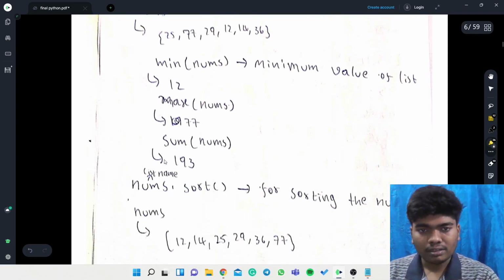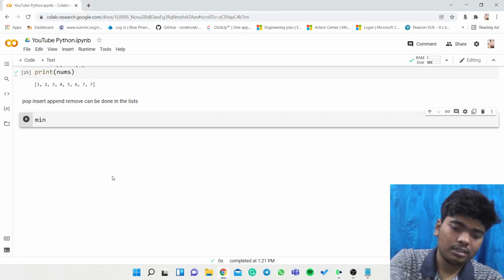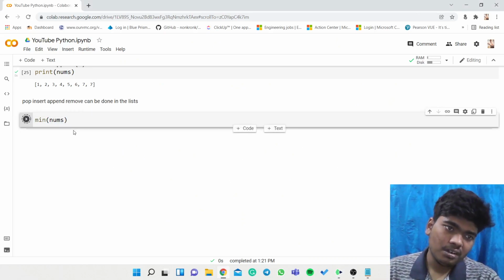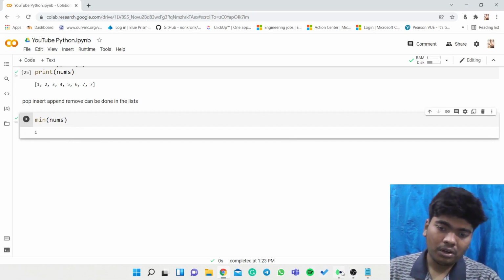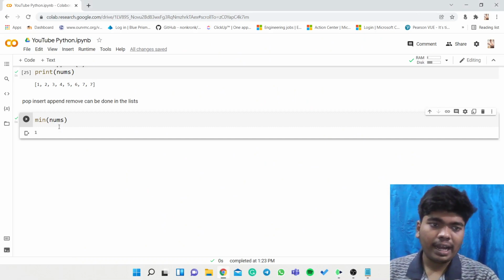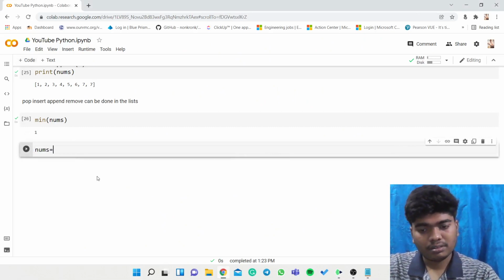So now if we get into the minimum of nums, the minimum number of nums will be found here. Minimum of nums, maximum of nums, whatever it is, all those things will be done here. nums dot sort, already I had given the sorted values, now we will give something which is different.